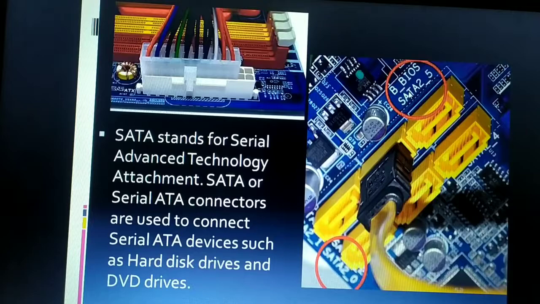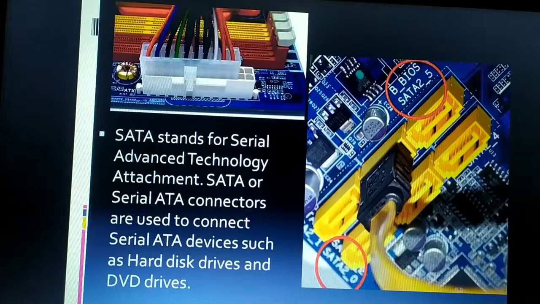They help you connect hard disk drives or DVD drives. We use the primary and secondary IDE interfaces to connect to the CD-ROM or external hard disk, and you can connect hard disk drives and DVD drives to your computer system using the SATA connector. So these are the SATA connectors. And as well as